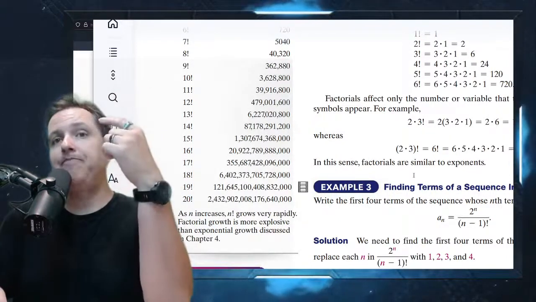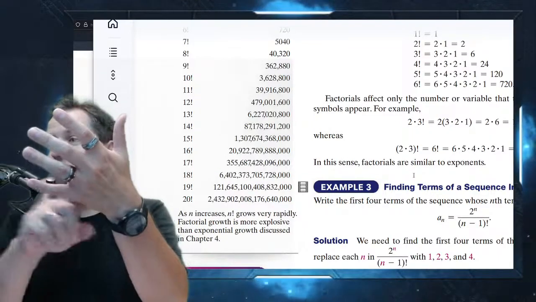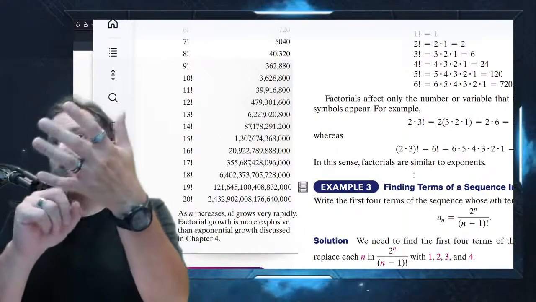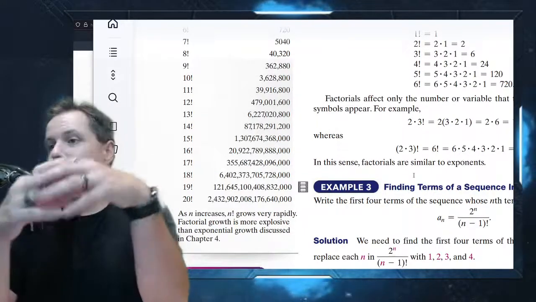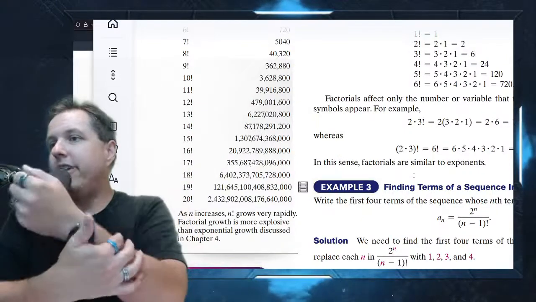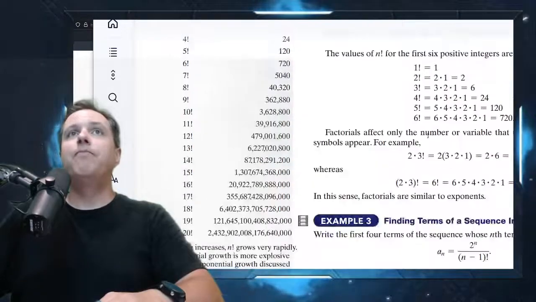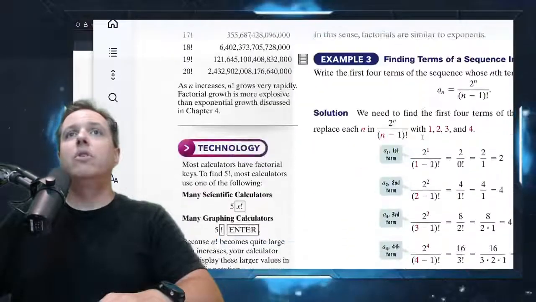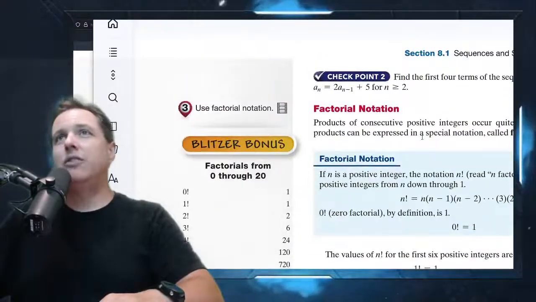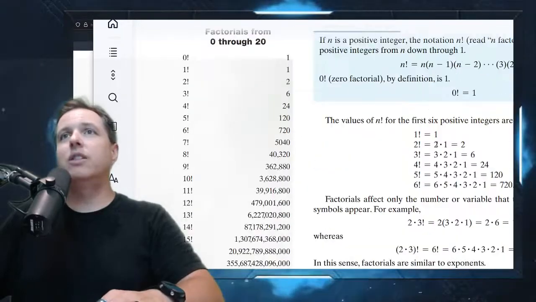So if you have a TI-84 calculator, which are great calculators, and you put in like 80 factorial, it's going to use up all its RAM, and it's going to say, sorry, we gave up, can't calculate it. So just be aware of that. There are difficulties you run across when you're using the factorial.